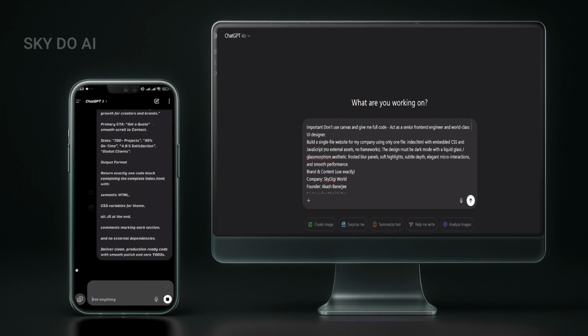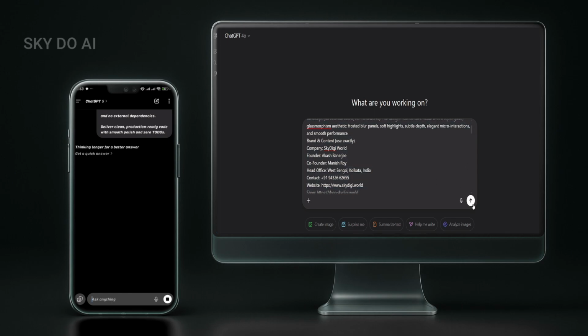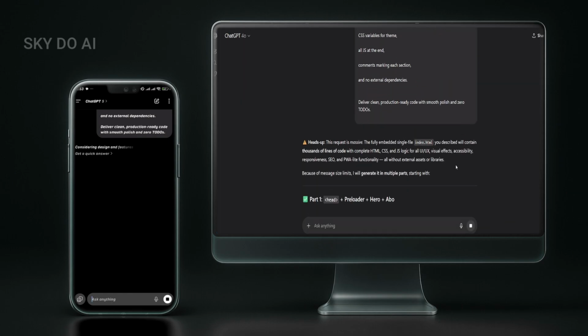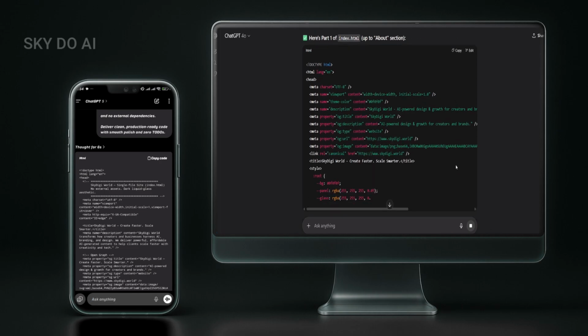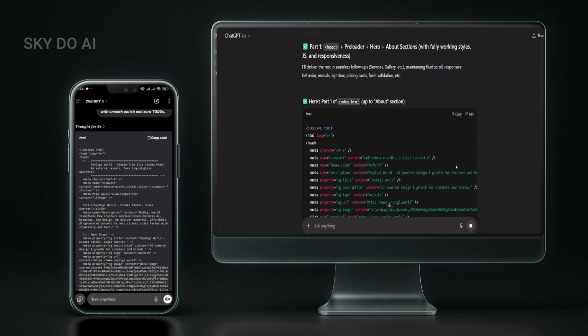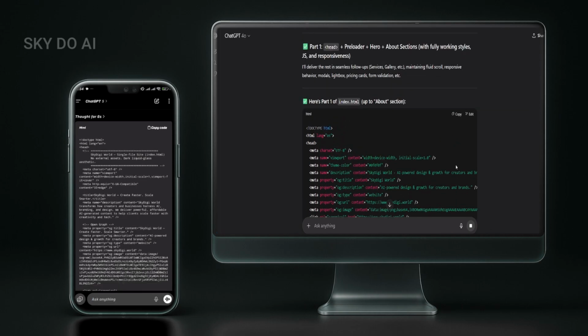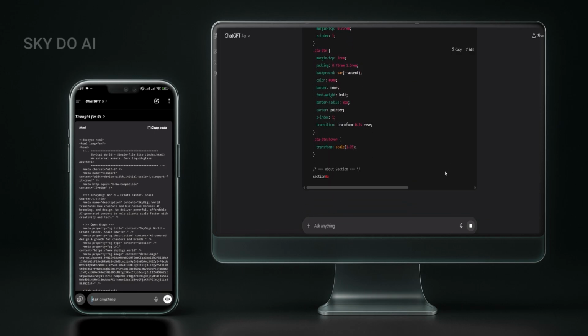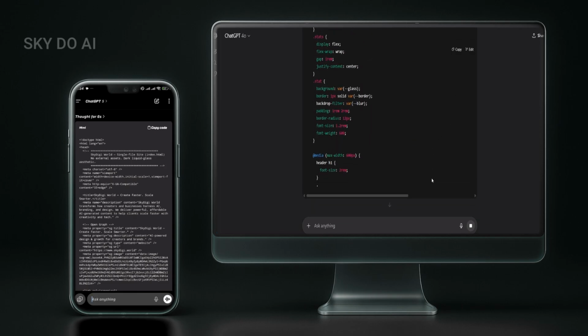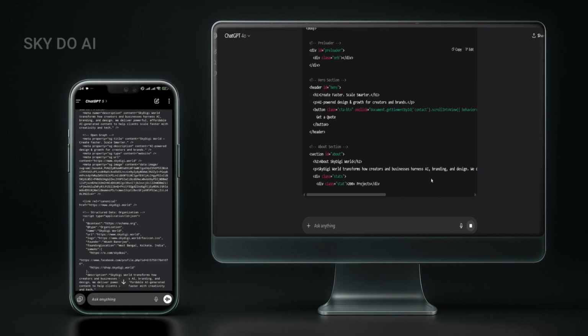So without further ado, let's begin. The goal is simple. I've created a custom prompt and we are going to run it through both models to see which one generates better code and how much code it can produce from a single prompt. Now, just to be clear, the prompt itself is not anything too fancy. It's a basic test prompt, nothing complex, but it should still give us a good idea of each model's raw